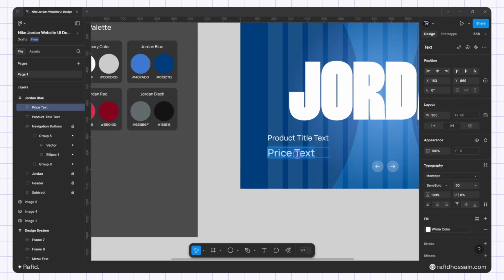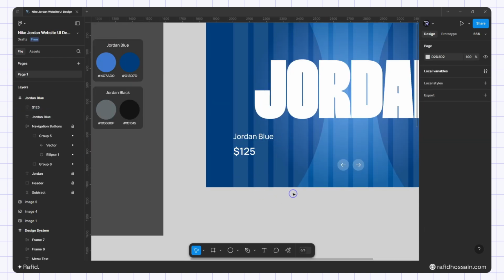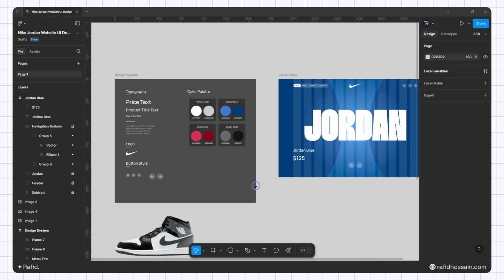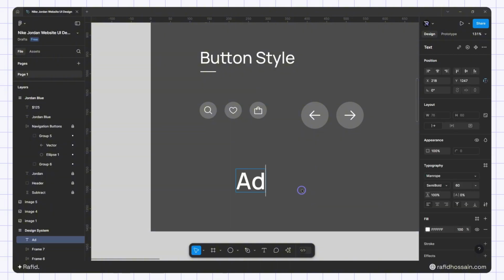So for the text price I'll add 5 like this, and the product title I'll add this one. And now I'll add the button. So let's create the button. So I'll create the button on my design system. Press T on the keyboard and I'll add the button text to add to back